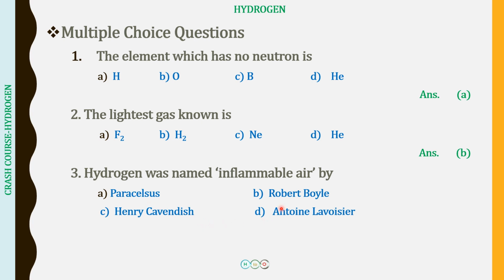So next it was Robert Boyle who probably studied some notes which were left behind by Paracelsus, and while studying these notes he learned that Paracelsus was mixing some metals with some acids. So what he did was, in the year 1660, he repeated that experiment. He prepared hydrogen by the action of dilute H2SO4 on iron powder. Next, it was Henry Cavendish in the year 1766 who prepared hydrogen by the action of dilute HCl with zinc.